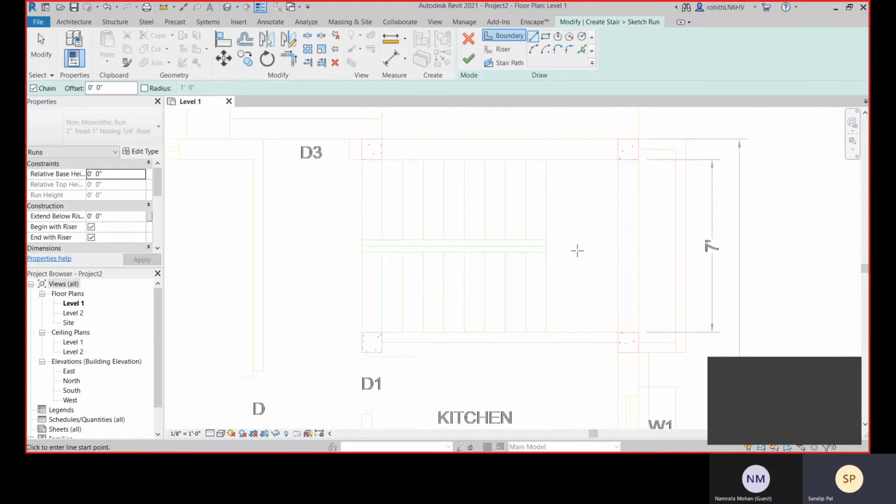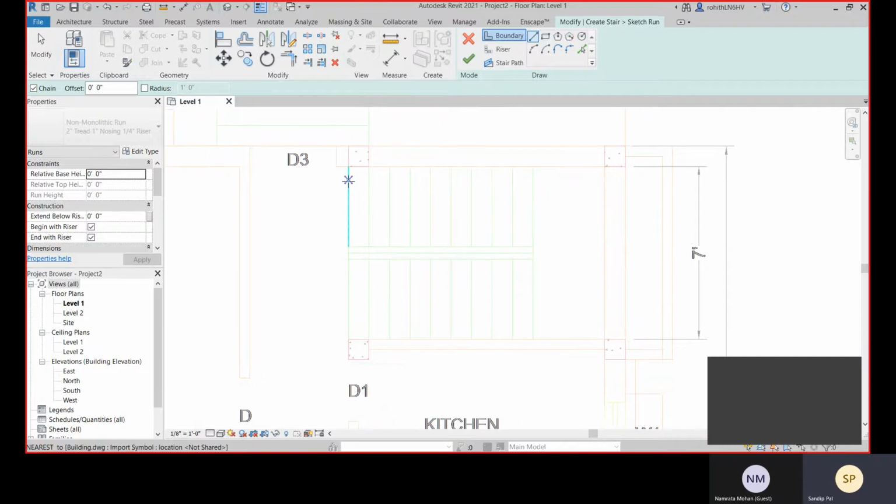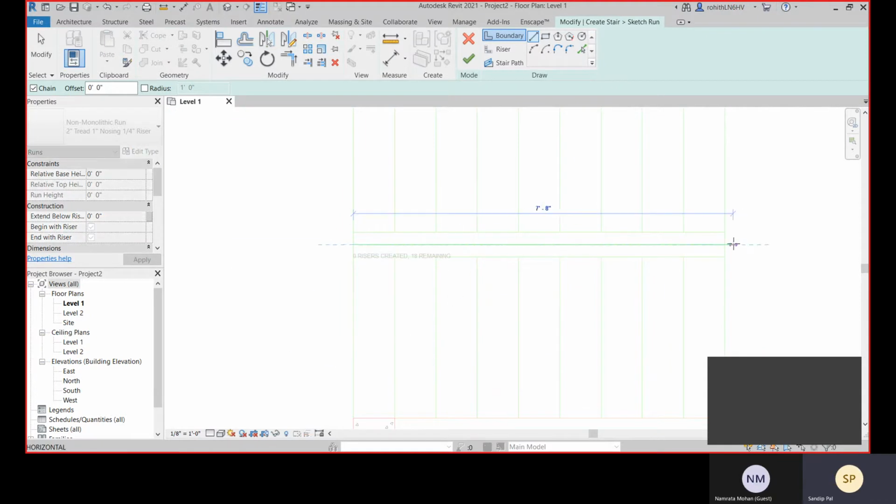One thing about why we were facing the error: while creating this boundary, one thing is very important, the direction, like the start point and the end point. The start point and the end point will define the direction for this stair, which side will be up. Okay, so that is very important. So for that, let me show you the error also, and let me show you the solution. If I create the boundary from this point to this point, that means this will be the up direction.